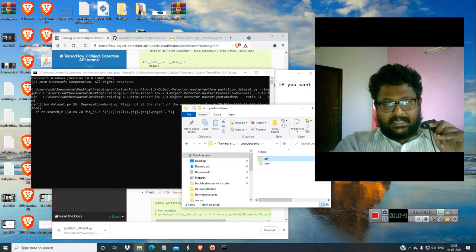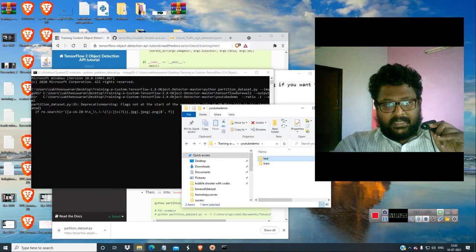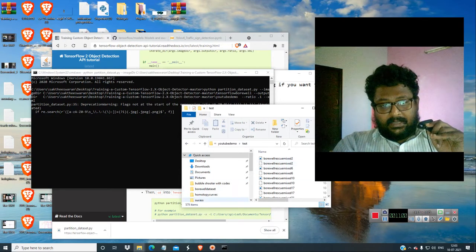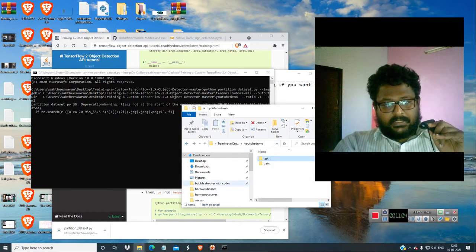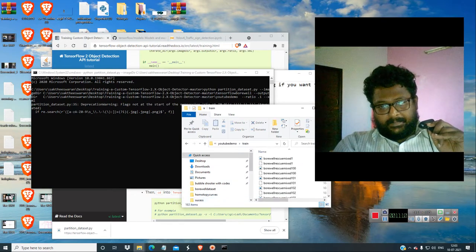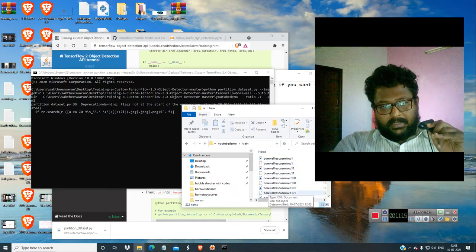So test and train files are being created, so all the images are being copied. In the test folder, as you can see, nearly 86 images have been copied. We need up to 600 images, 300 images and 300 annotation files, so everything would be copied here. So that's great news. 600 images have been copied here, and now it is ready to copy the other nearly 5400 images over here. When this finishes, we will go for how to make it as TF record.